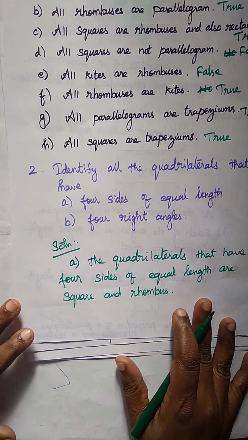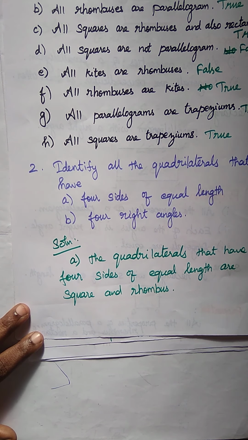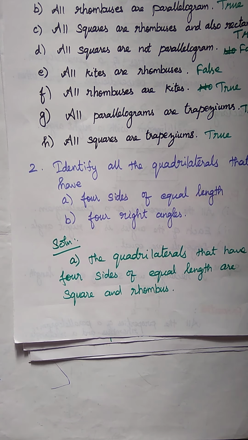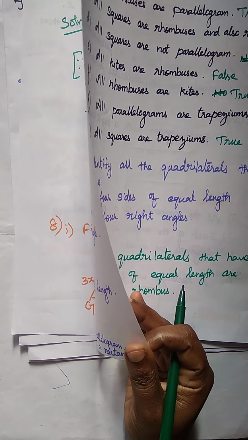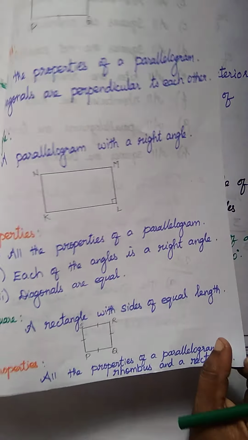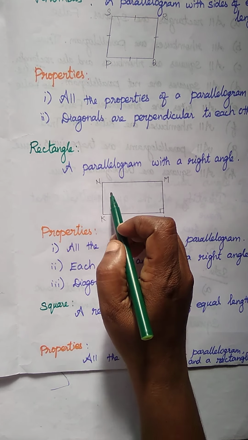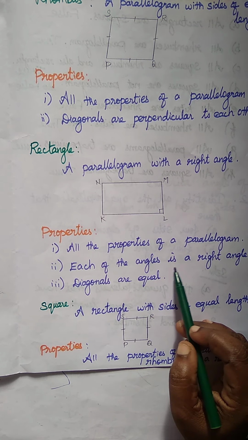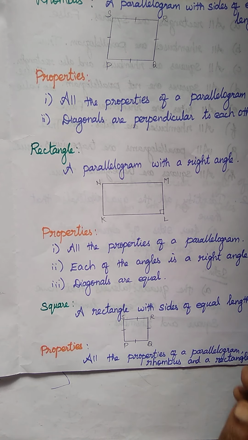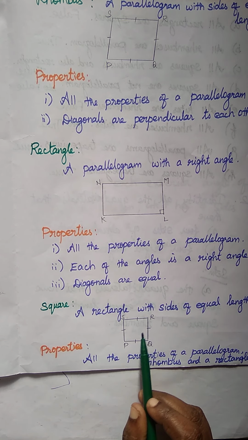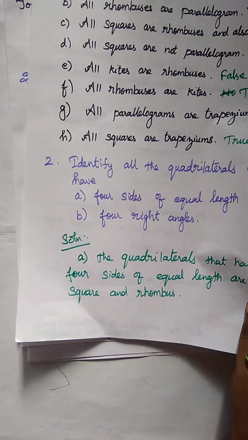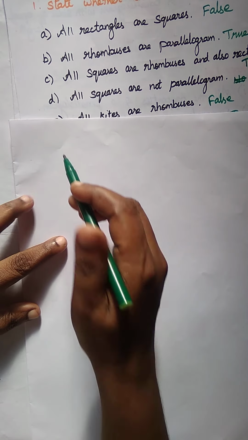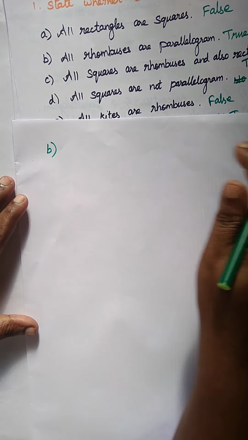Okay, now in the second subdivision, 4 right angles. So 4 right angles, in this one, square and rectangle. See, in rectangle all the 4 angles are 90 degrees. So right angle potukanga. The same thing, square also 90 degrees. So square and rectangle are having all the angles 90 degrees.